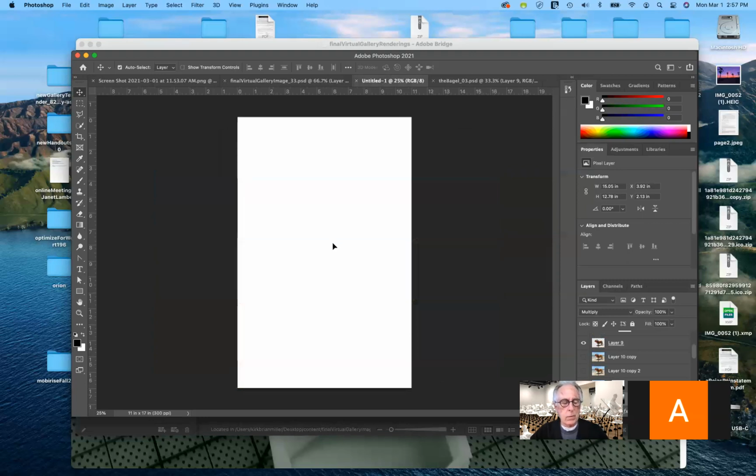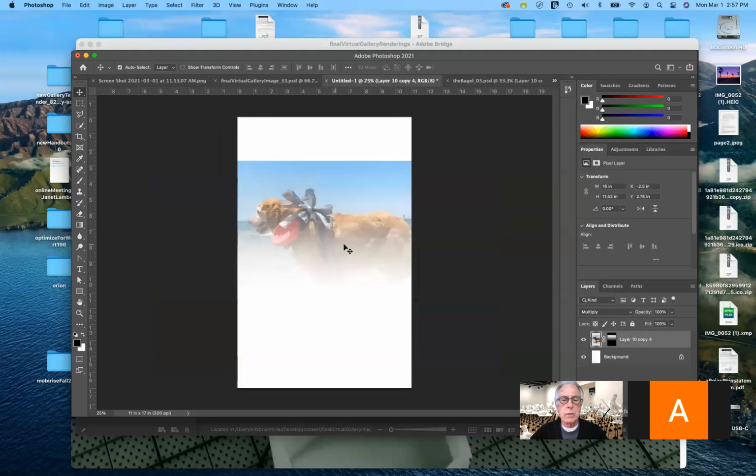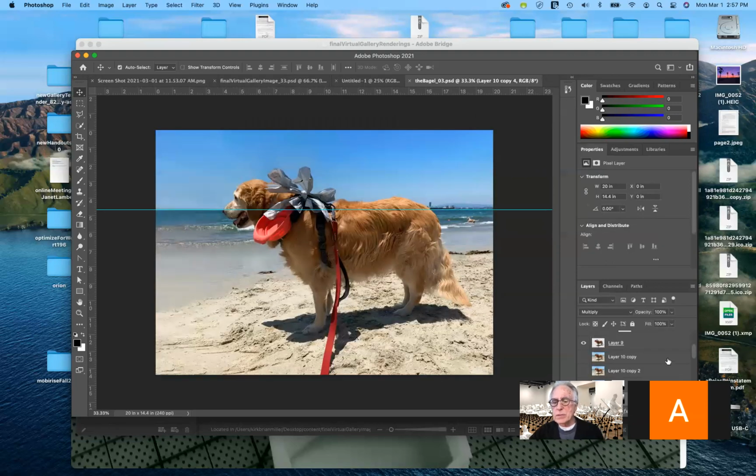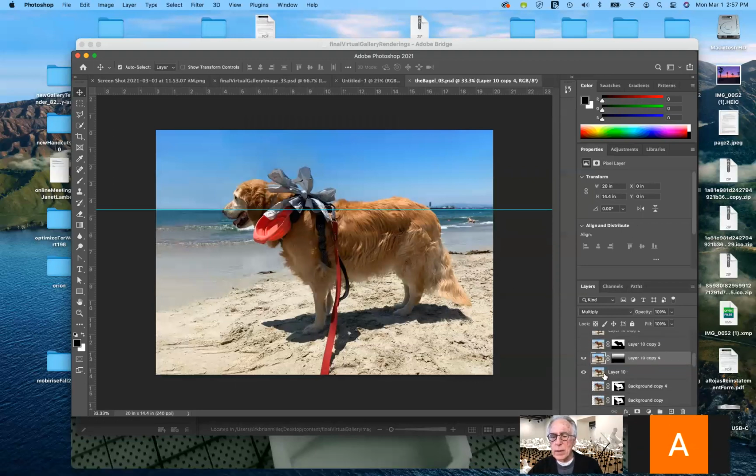Drag it back down, hold down the shift key, bring it to the middle. And notice that I didn't bring it all in. I didn't want to do that. So I'm going to undo and go back to here. And I need to select all of these images. I goofed. That was an overlay image that I had.